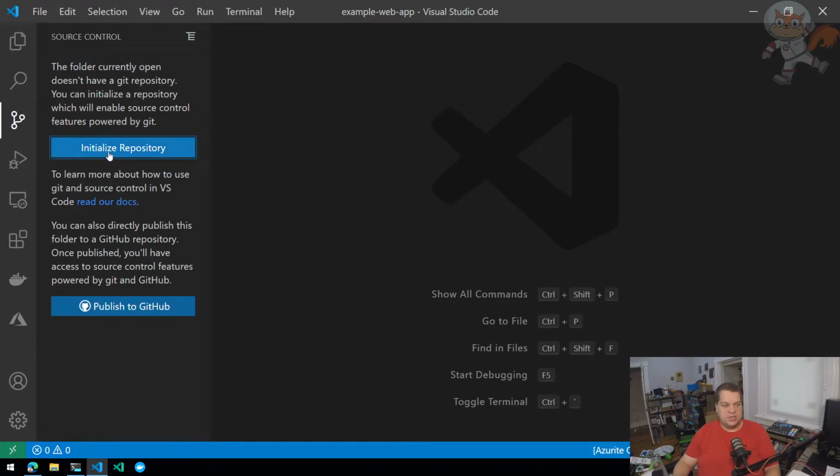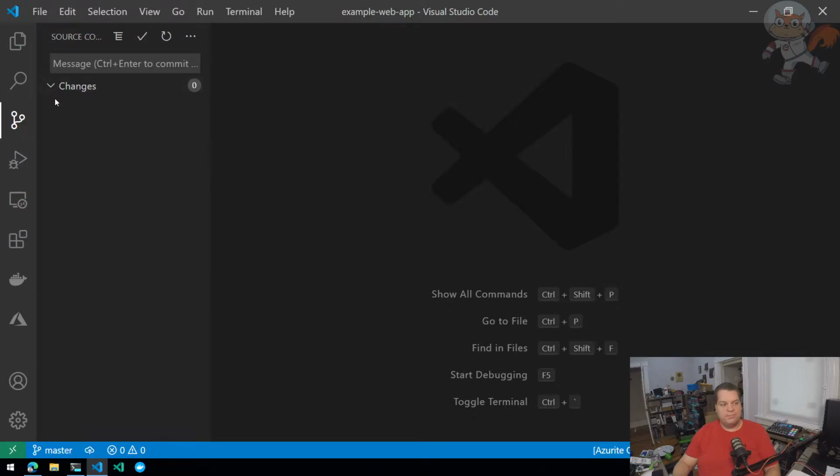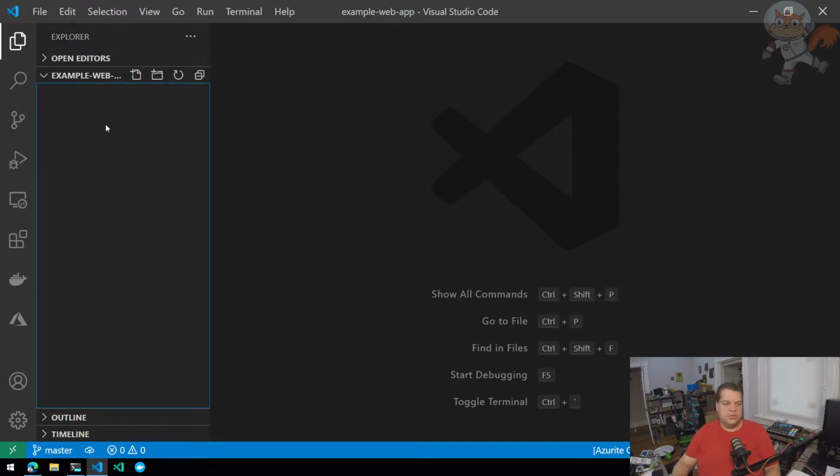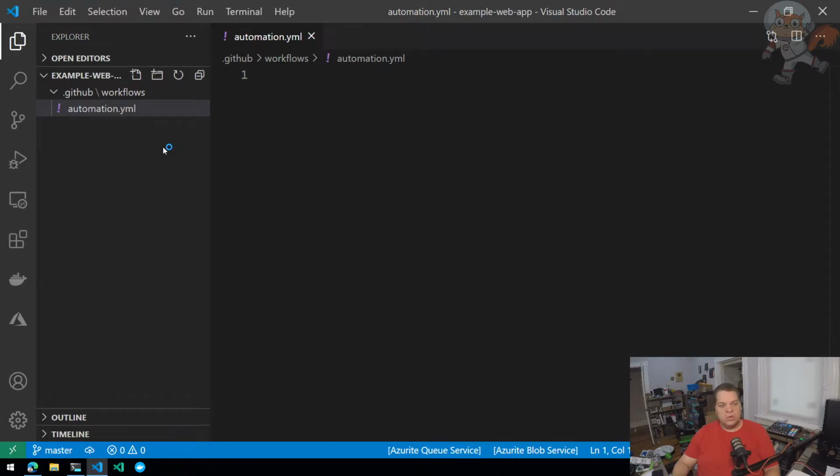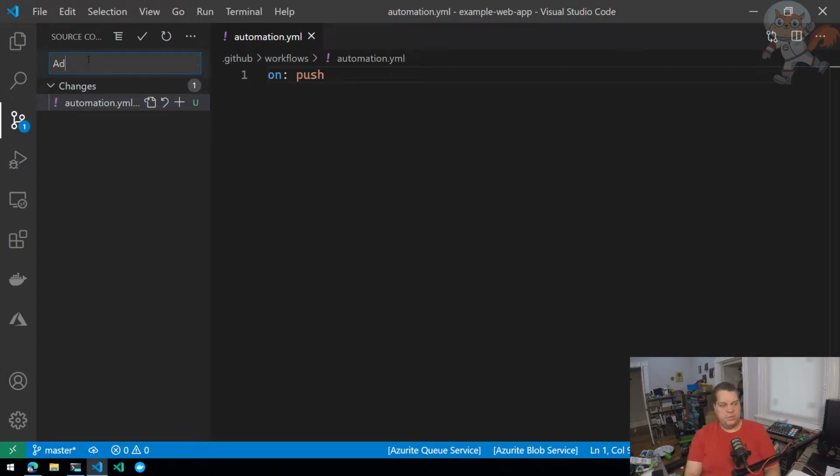So we'll do just that. We will initialize a new Git repo. Then we're going to create our workflow file for GitHub Actions. So I'll create a new file. It's going to go in the .github/workflows folder, and I'll call this file automation.yaml. Once I create this file, I can start adding content to it, and you'll see that it shows up almost immediately in my source control tab. So let's create a workflow that runs whenever we push code. So on push, I'll create a commit,